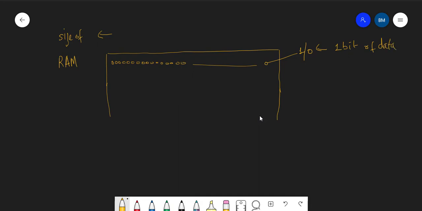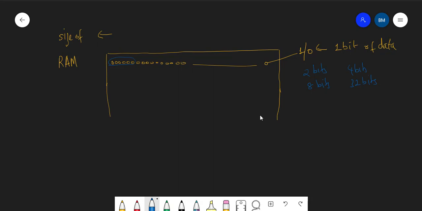These spaces are actually grouped. RAM will be grouping these spaces into a small chunk. This group can be of 2 bits, 4 bits, 8 bits, 32 bits, and so on. That basically depends upon the hardware, the computer architecture, everything.